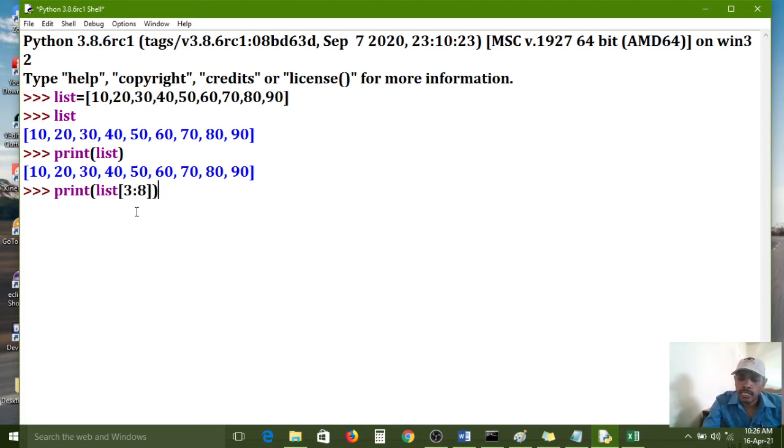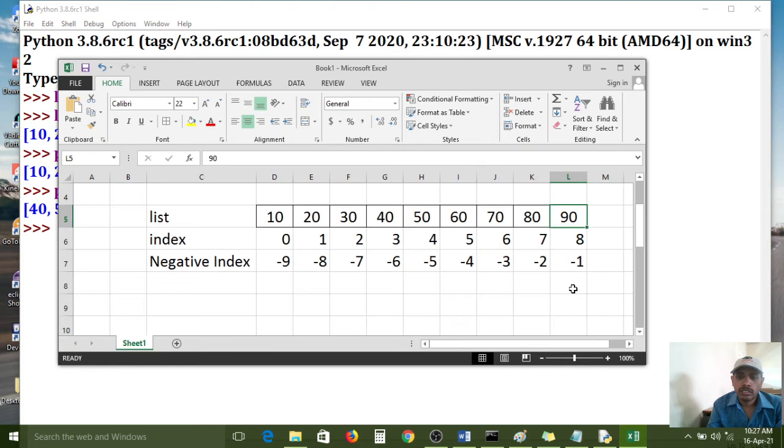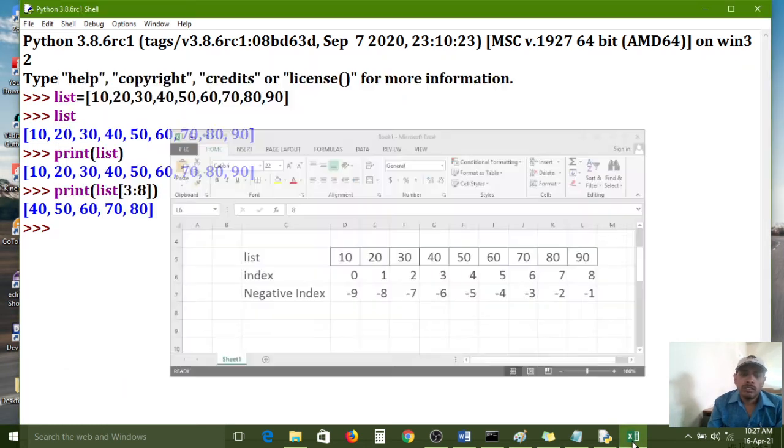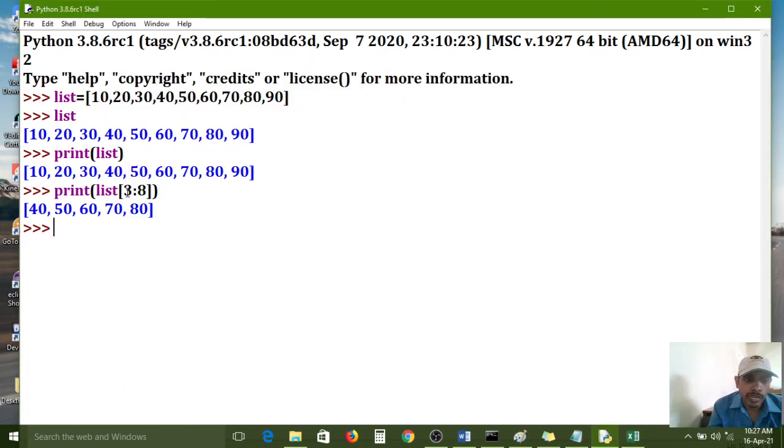So here I am pressing the enter key. Observe carefully: 40, 50, 60, 70, 80. The slicing operator works with a colon symbol, a starting index and an ending index, but the ending index is not included in the list.